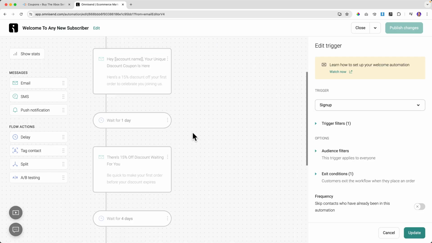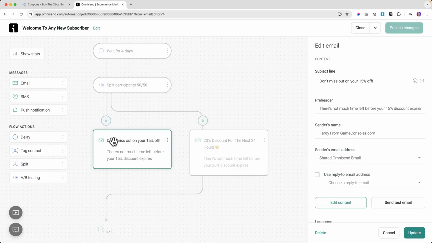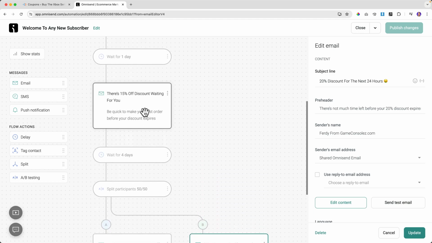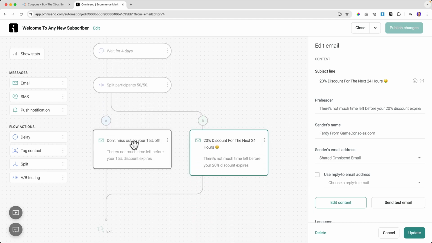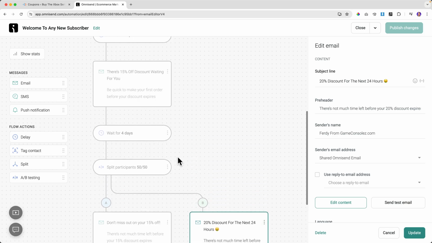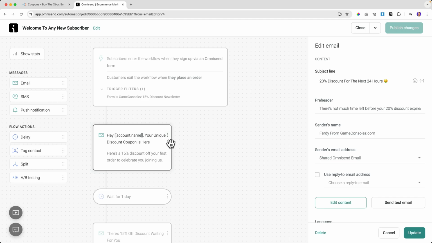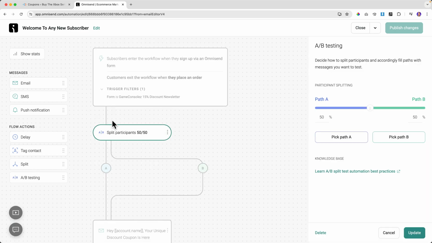So now 50% of the visitors get this email. 50% gets this one. It's the latest email in a sequence. So we can see if that 5% extra is really working. If people start to buy things because of the 20% instead of 15%, does that really work? So that's what we can check now with split testing. And you can do this everywhere. I would do this everywhere because using split testing, you can see what is working best because we want to have more conversions. So I would do a split test everywhere.